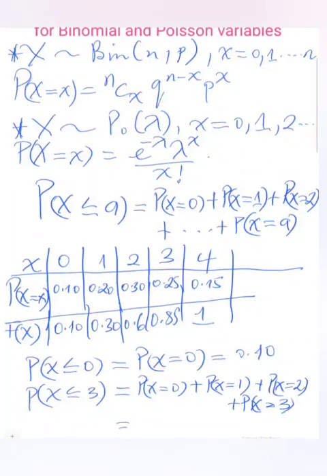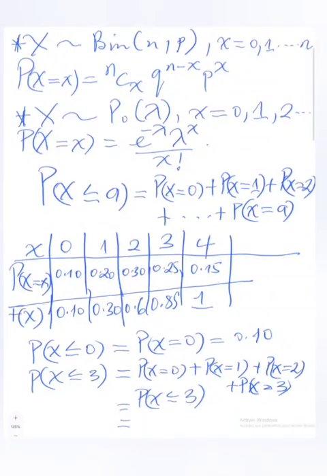And you can see that it is the same as just getting the probability that x is less than or equal to 3 from the tables. The tables already provide this capital F of x, the cumulative values, which have been pre-calculated and presented on the table, so that each time you need them, you just go and read the values. And that corresponds to